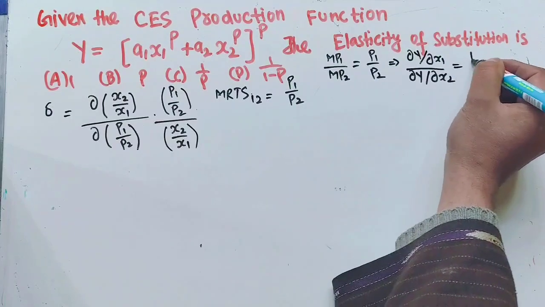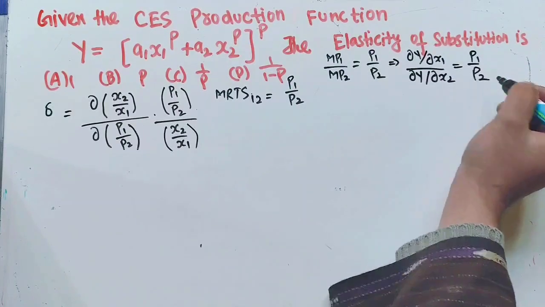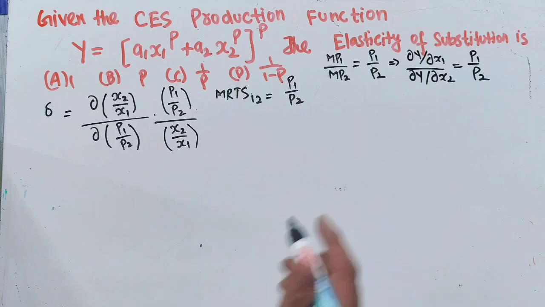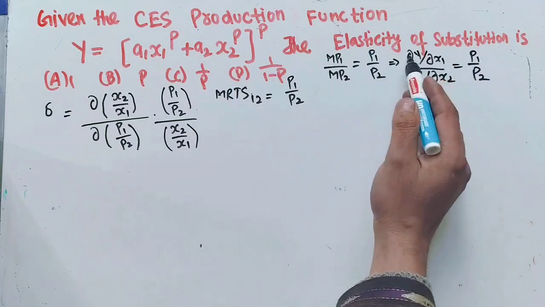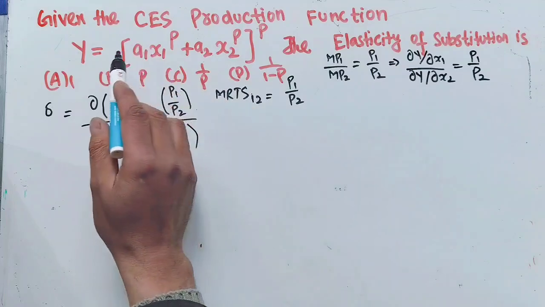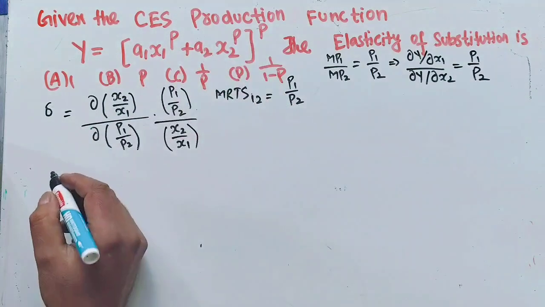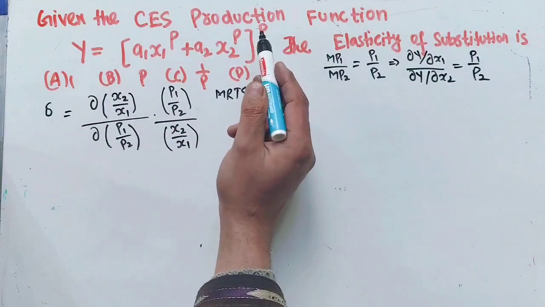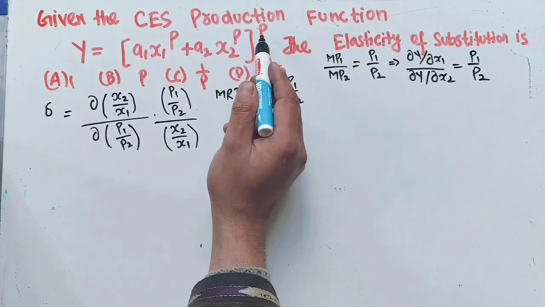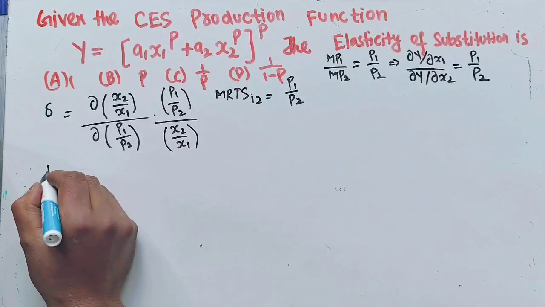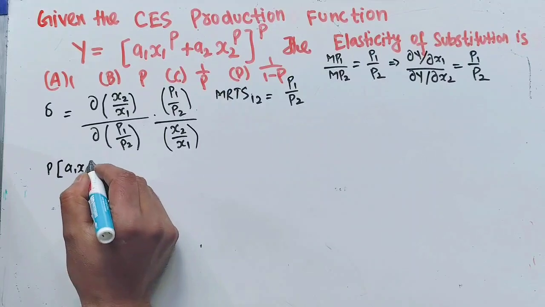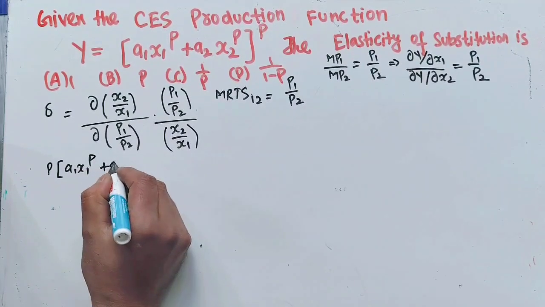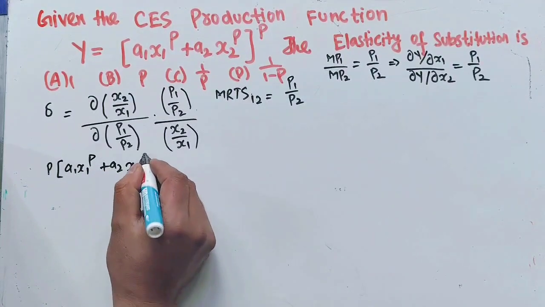It should be equal to P1 upon P2. We know this thing also. So let us find out this derivative. dy upon dx1 means the derivative of this function with respect to x1 first. So we use the power function rule. Exponent becomes coefficient. So we have p times (a1 x1 raised power p plus a2 x2 raised power p) whole